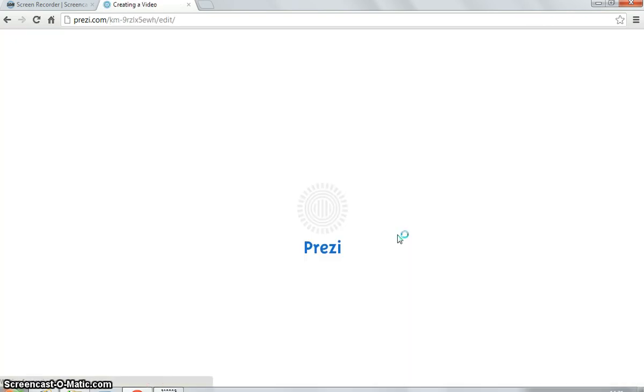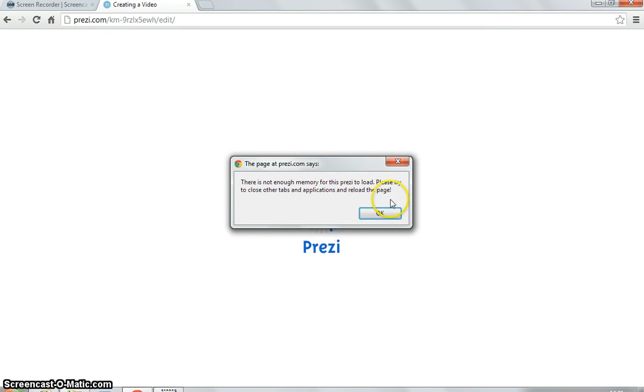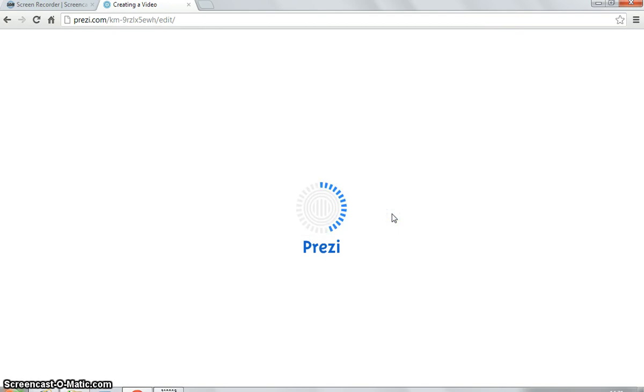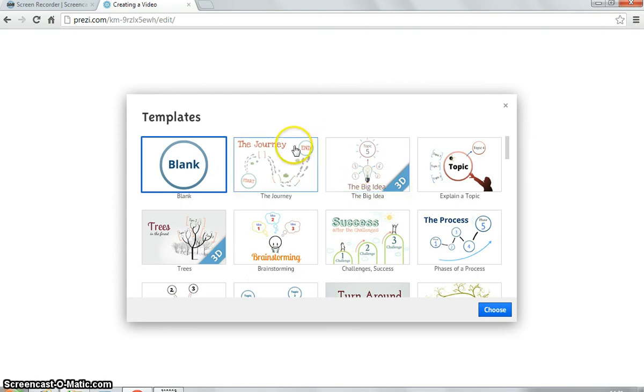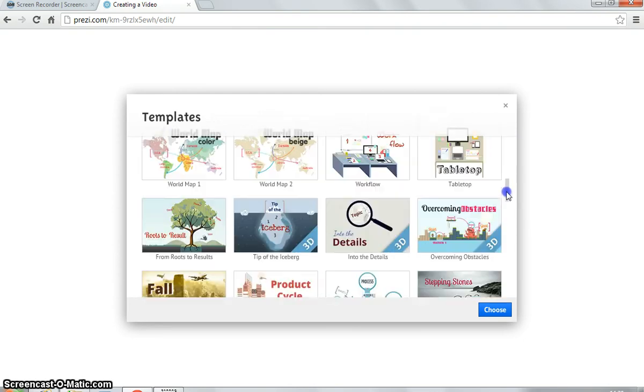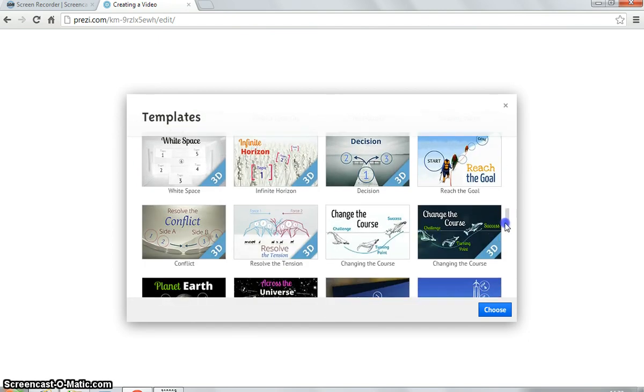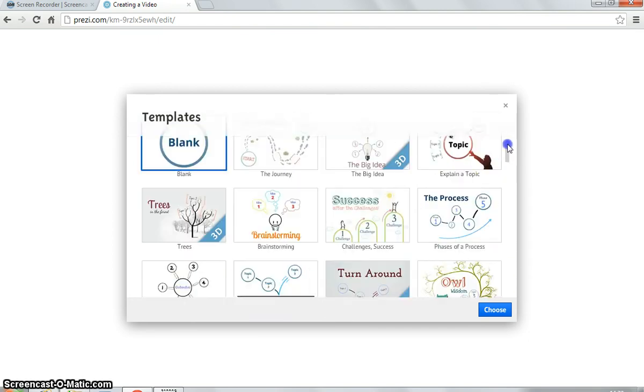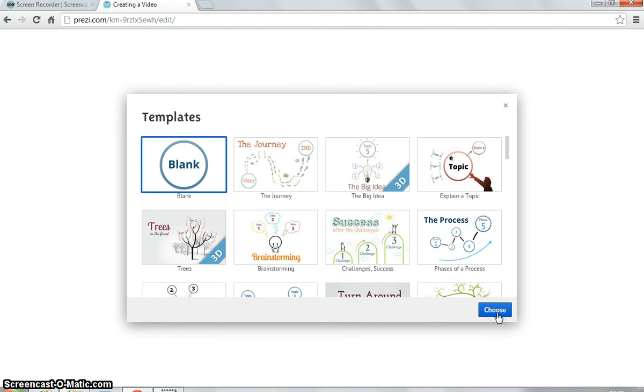So in a moment it's going to give me a few options of templates I can use as a background for my Prezi. I'm going to choose the blank one today, just because it's basic and we're starting at the beginning, but there are lots of good ones. I've used the Journey one before, but there's a brainstorming one. There's loads of different ones that are worth having a look through. So I'm just going to choose that,